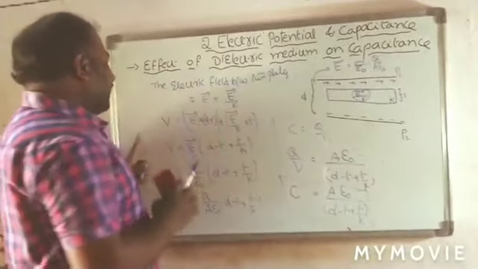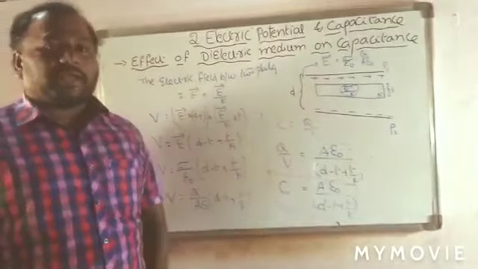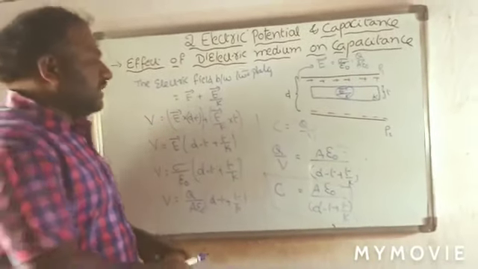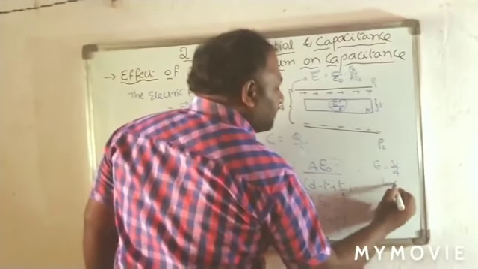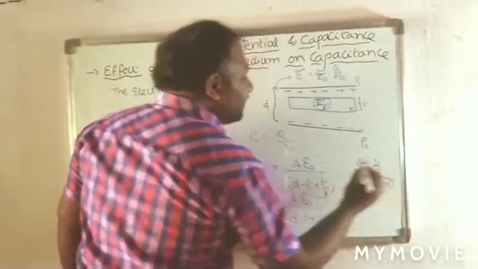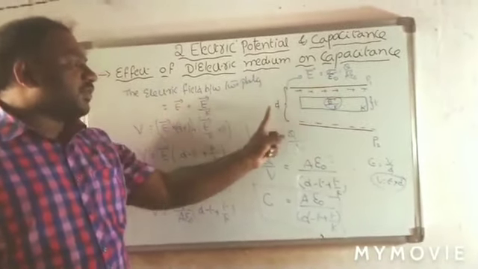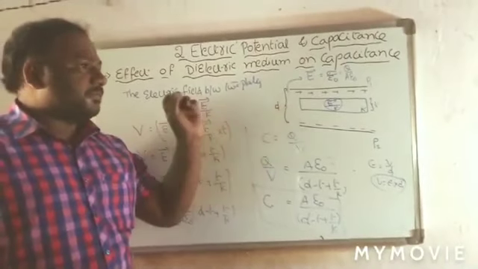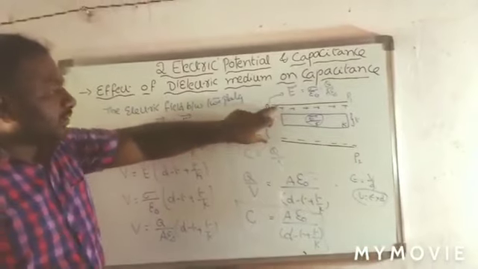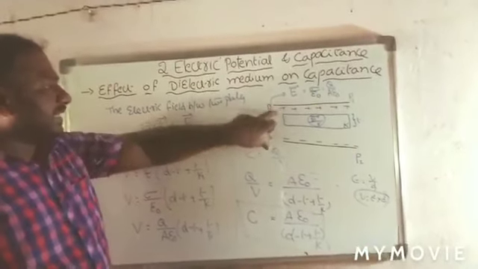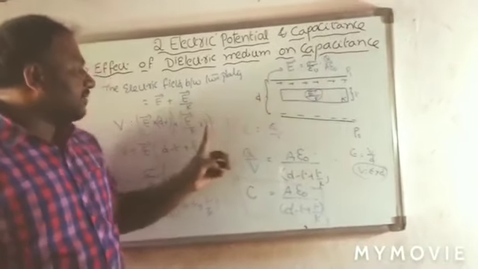Now here we are going to calculate the potential across these two plates. We know the formula, electric field E is equal to V by D. Therefore V is equal to E into D. In this parallel plate capacitor, the free space has thickness D minus T, so the electric potential is E bar into (D minus T) plus E bar by K into the thickness of the slab, T.